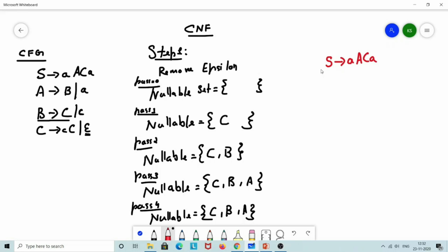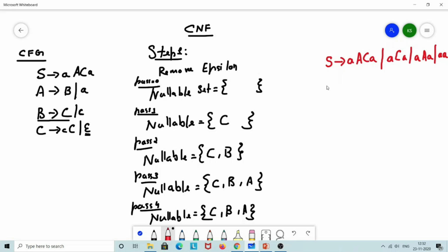So the original rule should be written as it is, except the nullable rule, or except the epsilon rule, right? Now I have to consider A as nullable. So if I consider A as nullable, I get A, C, A. Then if I consider C as nullable, then I'll get A, A, right? If I consider both A and C nullable, then I'll get A. Okay, so I have to write all the possible combinations here, which we have seen in the previous lecture video,